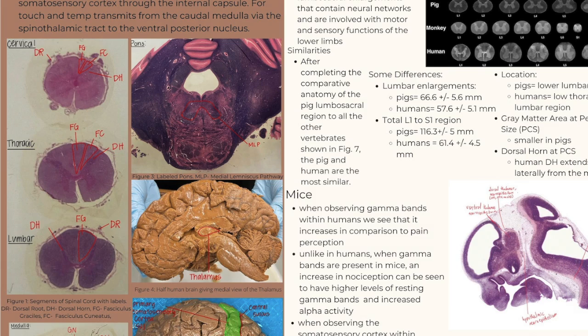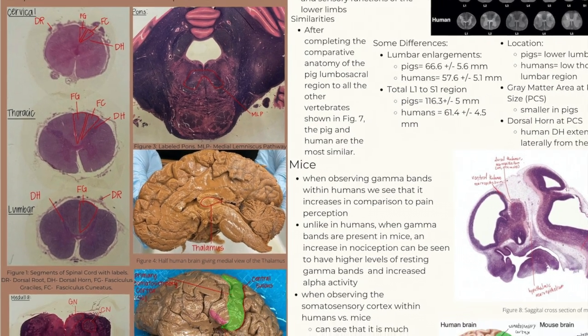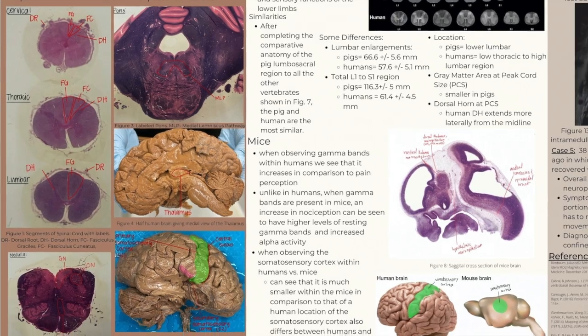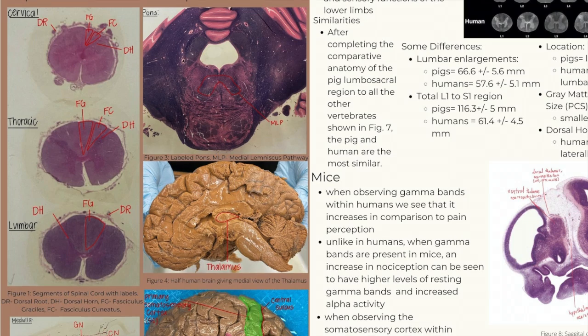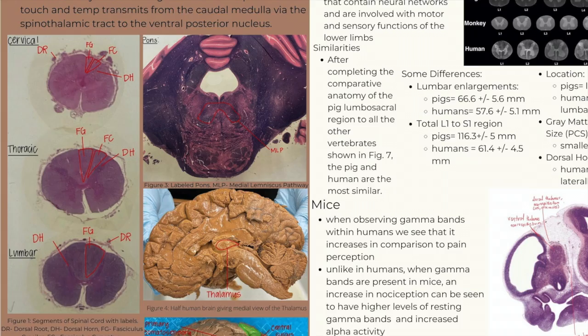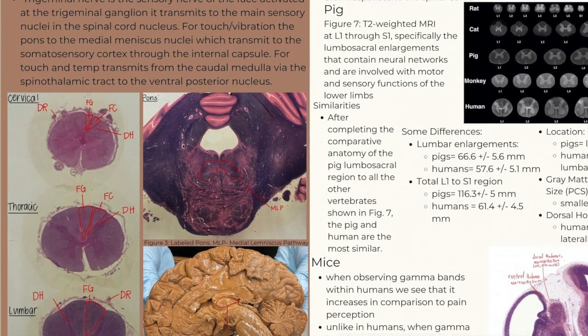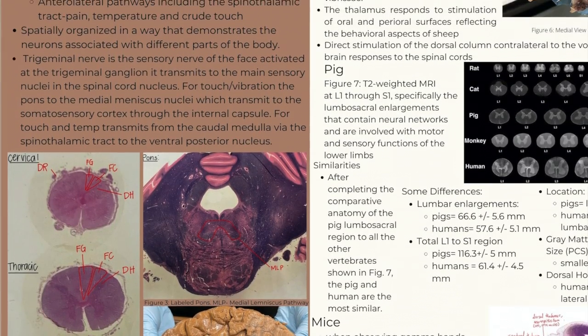The posterior fibers synapse with nucleus gracilis or nucleus cuneatus in the caudal medulla, and the nuclei cross the midline and form the medial lemniscus. The third order fibers ascend to the thalamus to synapse, then project to the somatosensory cortex of the postcentral gyrus. The second pathway is the anterolateral pathways, including the spinothalamic tract, that are responsible for pain, temperature, and